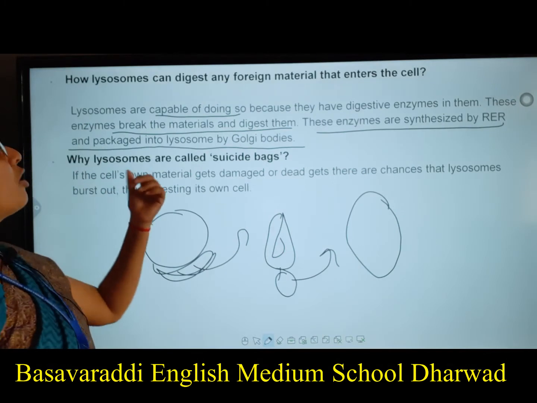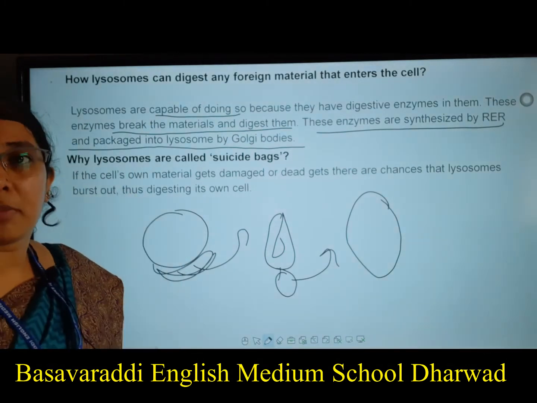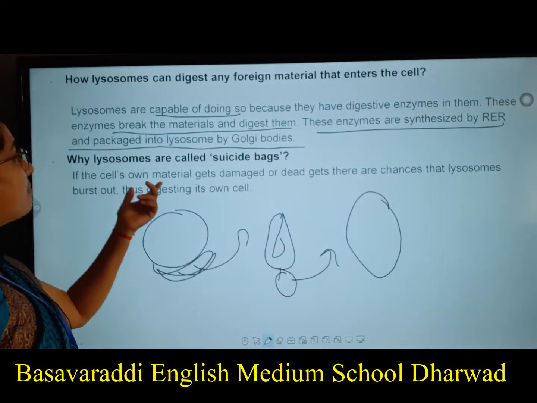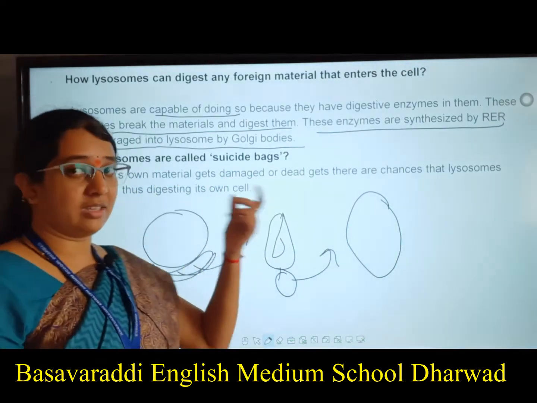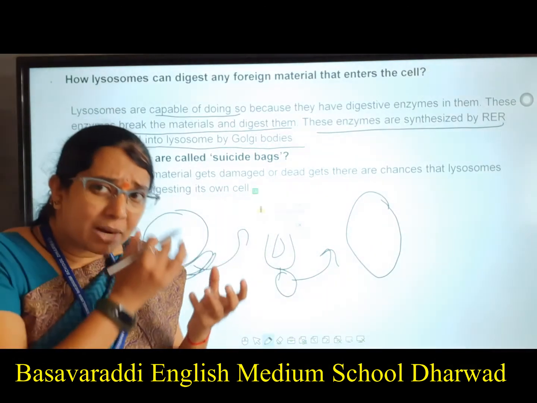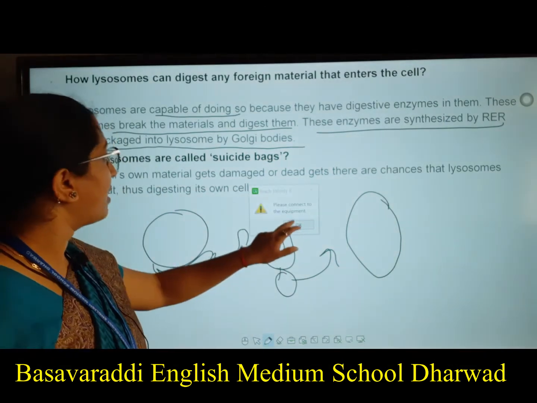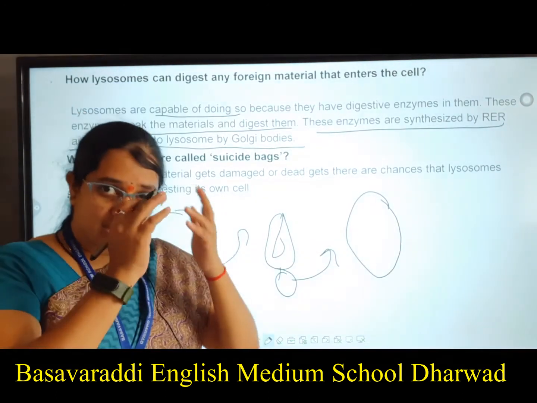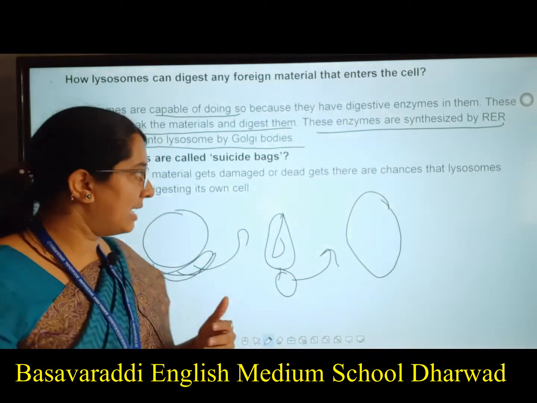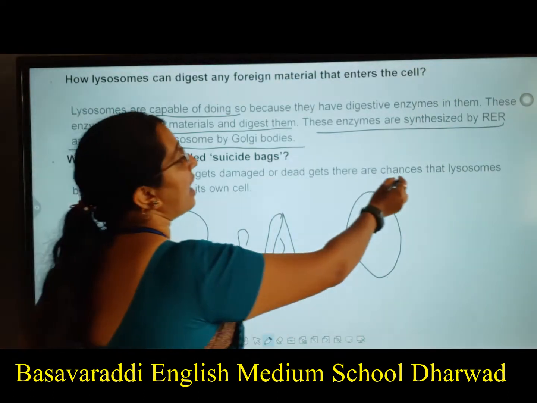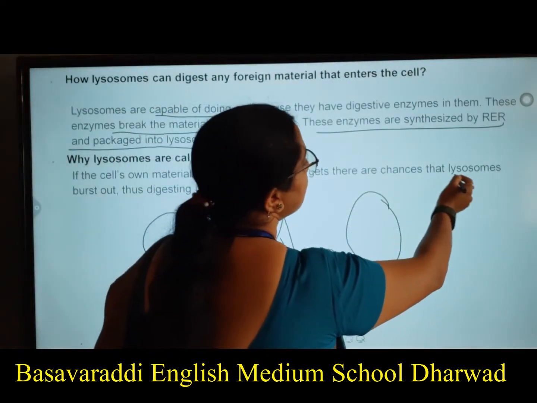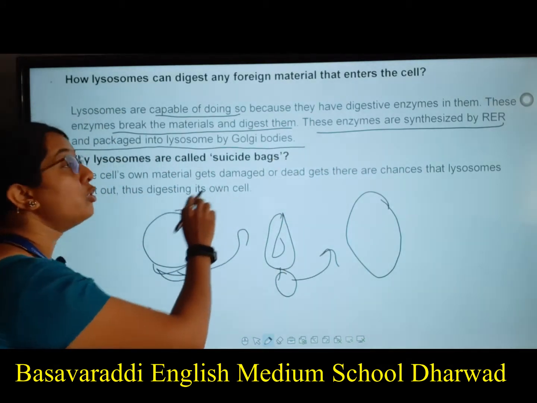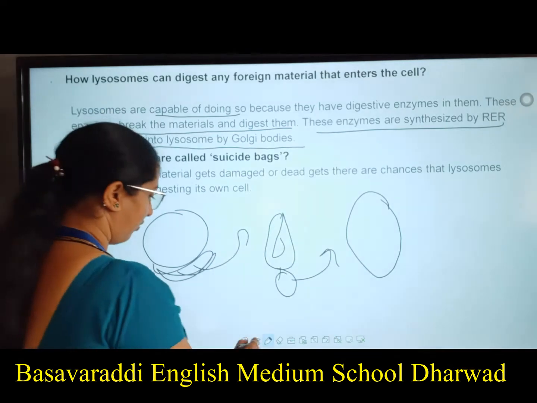Why are lysosomes called suicide bags? I said they are called suicide bags. What is the reason there? If the cell's own materials get damaged or dead, either they get damaged or they are completely dead, there are chances that lysosomes burst out, thus digesting its own cell. So if you take